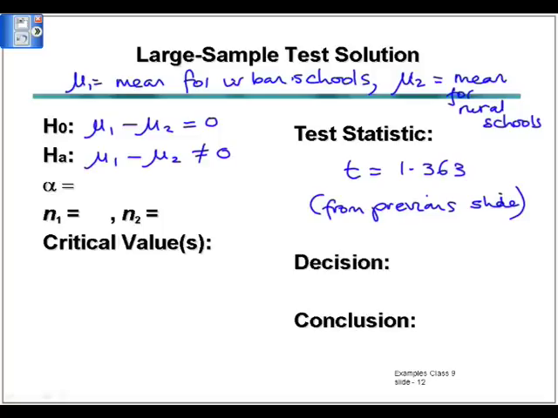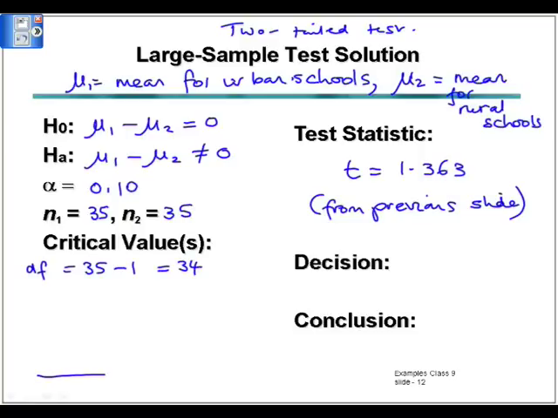So now we have our alpha value, which was given in the problem as 0.10. Both samples were 35. So recall, to get our critical value, we need the degrees of freedom, which is smaller sample size minus 1, 35 minus 1, which is 34. And if we look at the t distribution with 34 degrees of freedom, here you can either use the tables or Excel. Again, as we've done before, we have a rejection region of 0.05 on each end, and this is a symmetrical distribution, so that critical test value there is